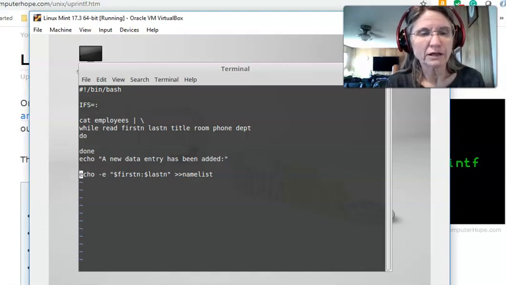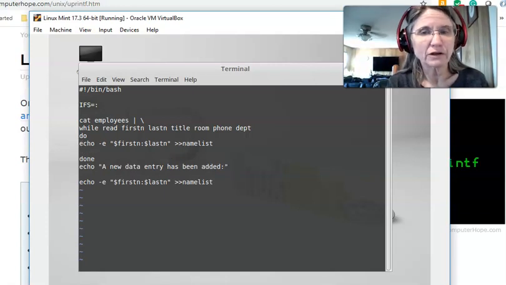I want to take this line that I had. I'm in command mode. I'm going to hit YY on my keyboard. That's a yank. Puts it into the computer's memory. And when I hit now P,